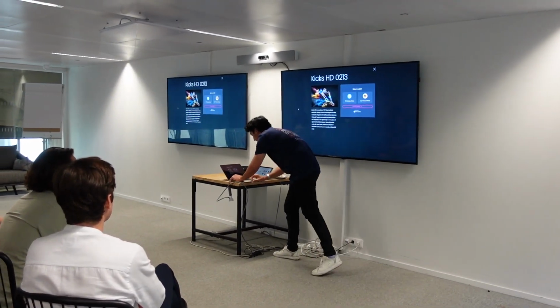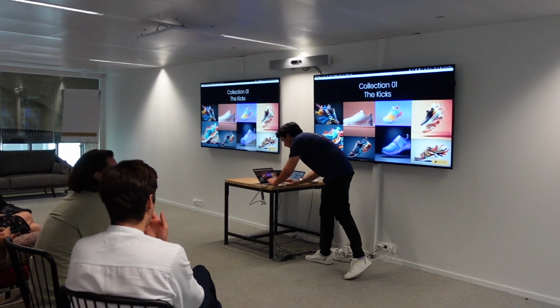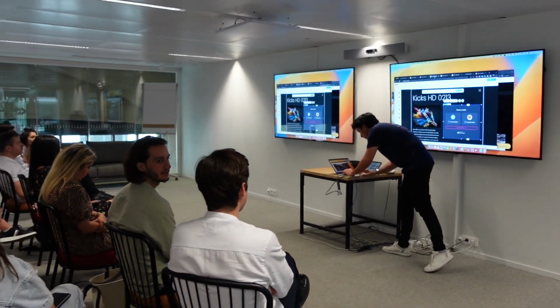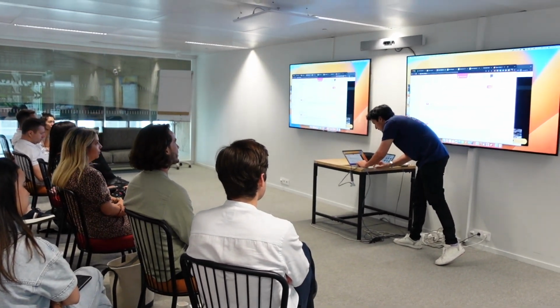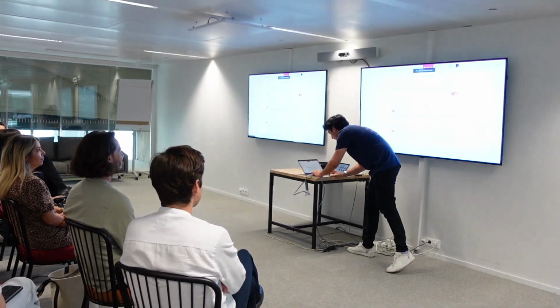So now let's come to the other part, which is the token gating. How does token gating work? It's even simpler than creating a smart contract. So if you go to the token gator here,